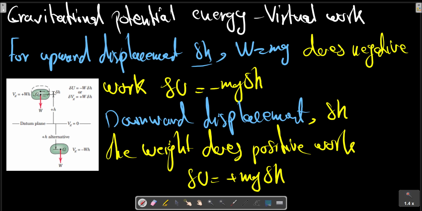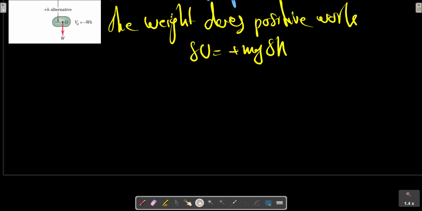an alternative to the foregoing treatment. Express the work done by gravity in terms of a change of potential energy of the body. This alternative treatment is a useful representation when we describe a mechanical system in terms of its total energy, the gravitational potential energy, in terms of change in potential energy